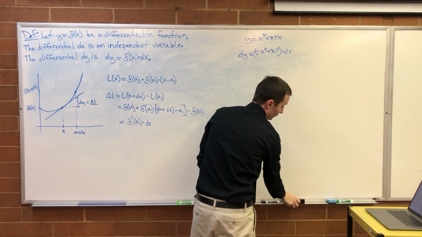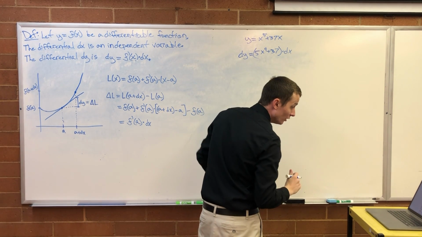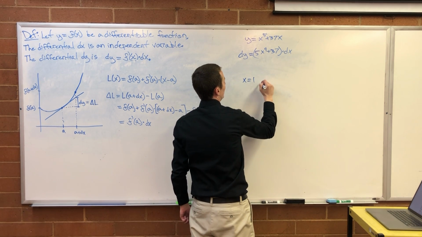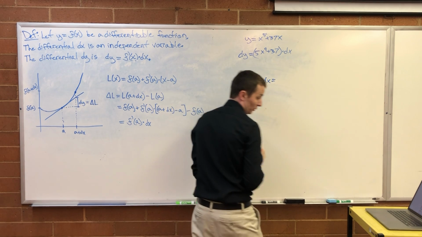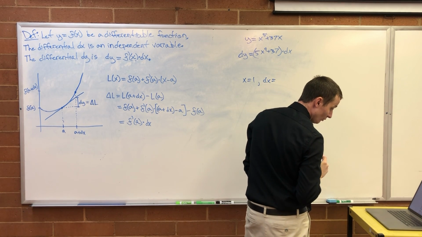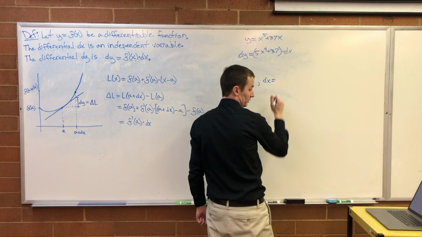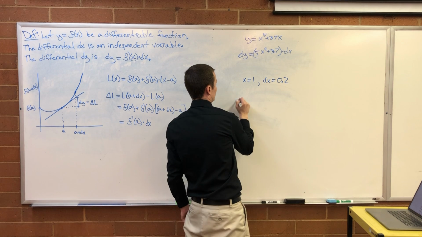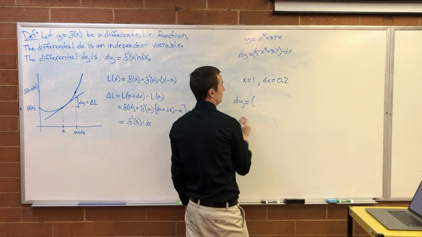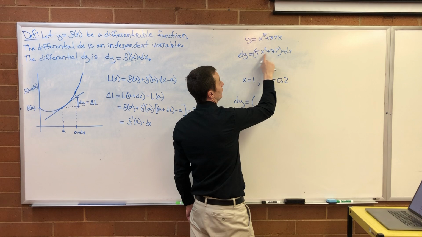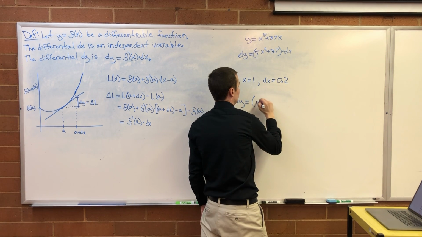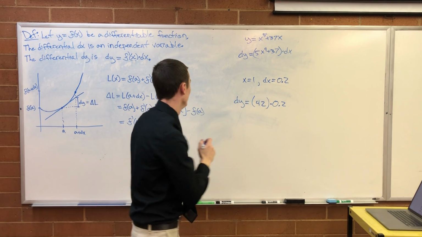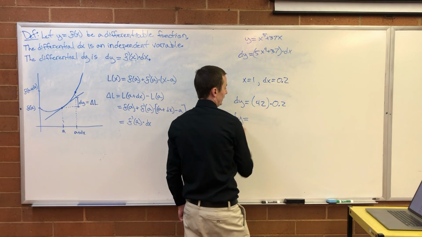Second part of the problem is now find dy when x is equal to 1 and dx is equal to 0.2. Okay, I see. So now what does dy equal in that case? So dy is equal to 42.5 plus 37, 42, times 0.2, right? Mm-hmm. Or in other words, dy is equal to